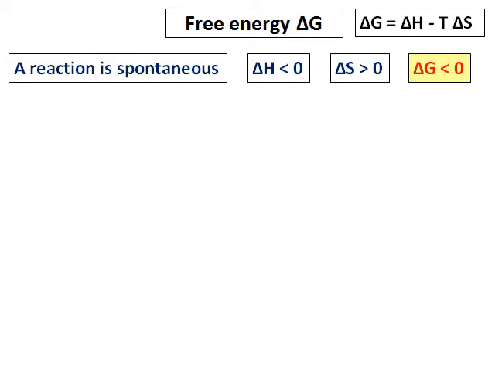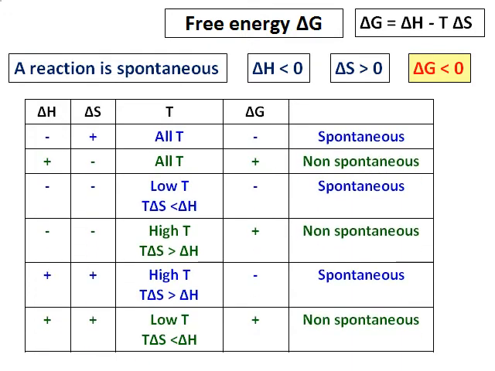But it is possible that we can have a spontaneous reaction with a positive delta H and a negative delta S also. But a reaction is definitely spontaneous if delta G is less than 0. So the condition for spontaneity is delta G should be negative. The table below shows the various combinations of delta H and delta S depending on the temperature. We can predict whether the delta G will be negative or positive,